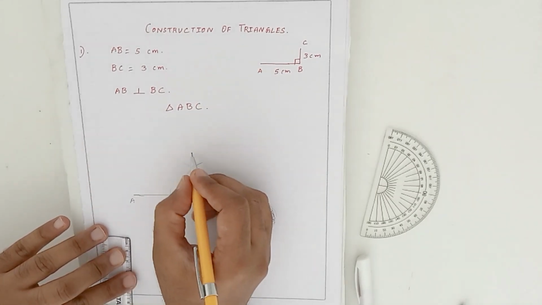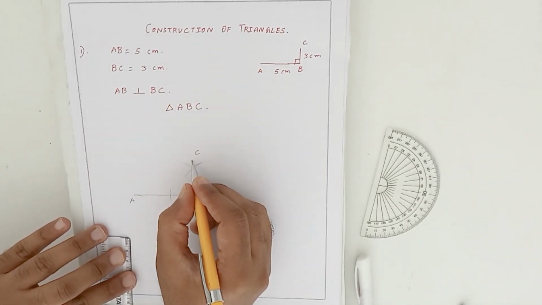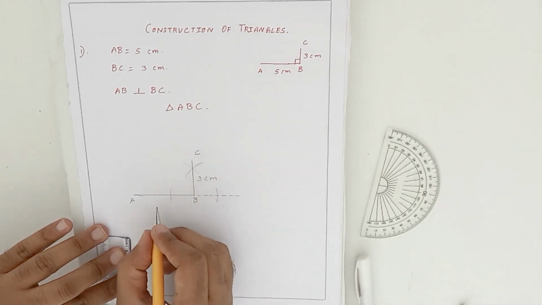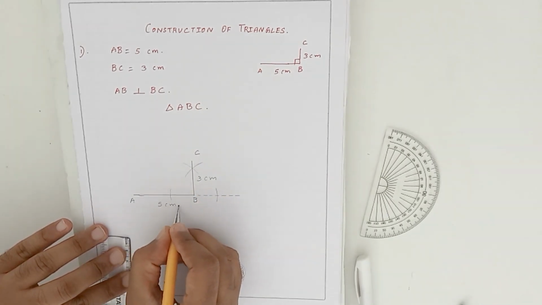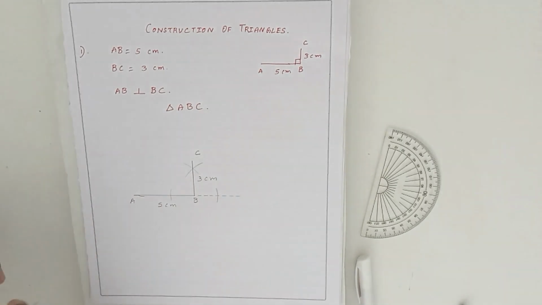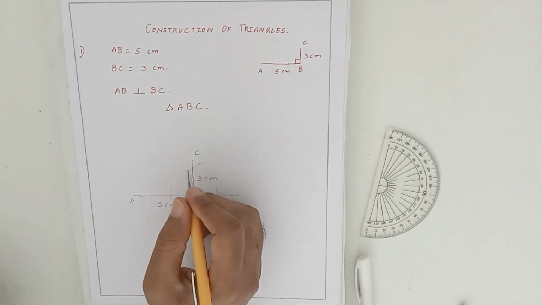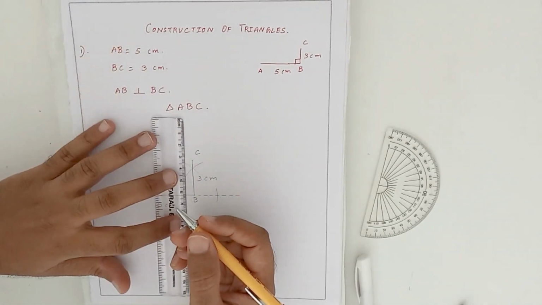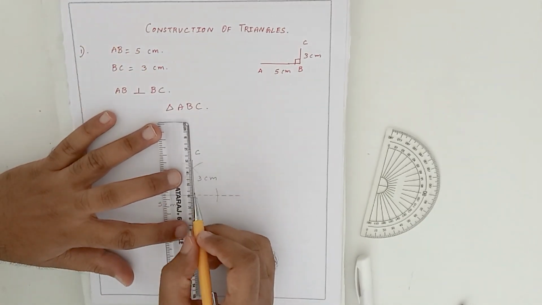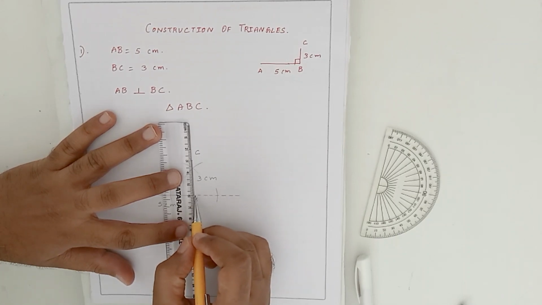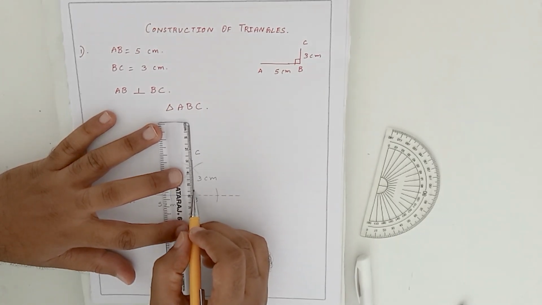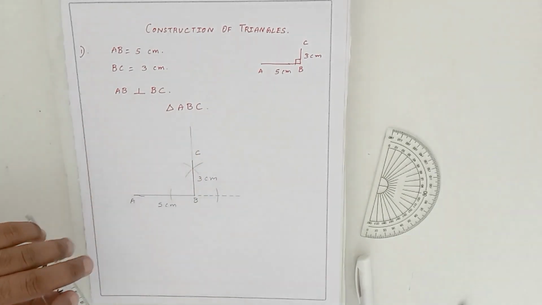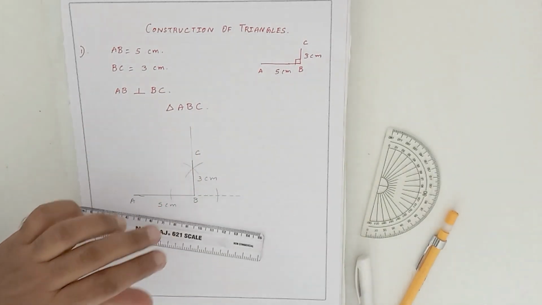Now I got a line BC. BC is 3 centimeters, and then just label it 3 centimeters, and here you can label 5 centimeters, and then you just have to connect this point and this point. That's all. Or you can do one more thing. Okay, you have to do like this. Just extend this line. You need not mark 3 centimeters. Just extend this line, okay, to how much ever that you like, to a length that you are comfortable with.